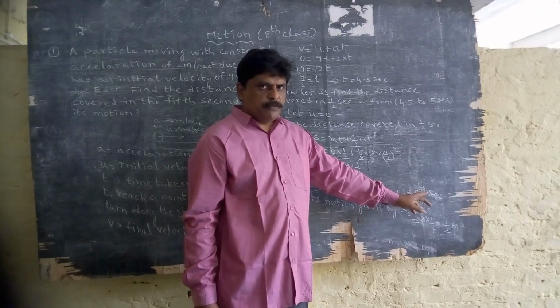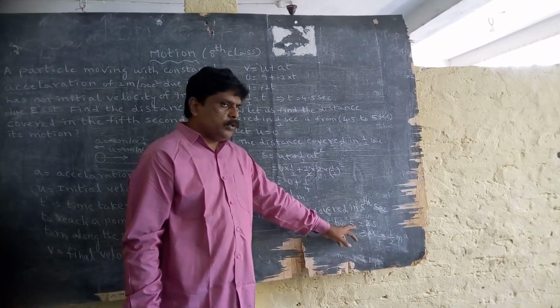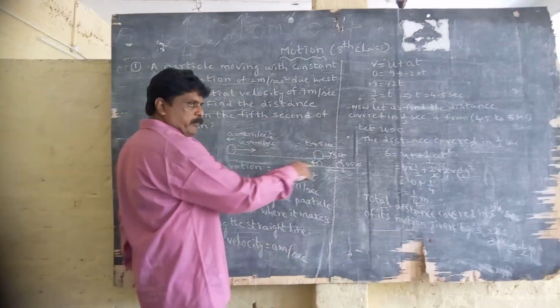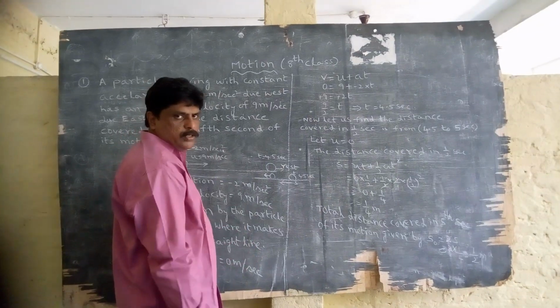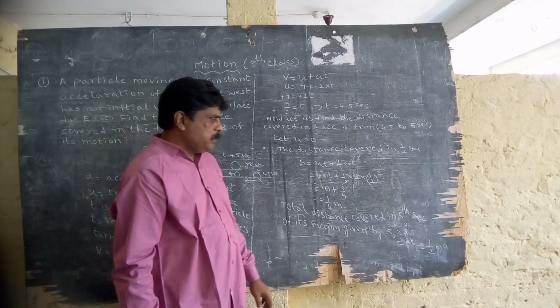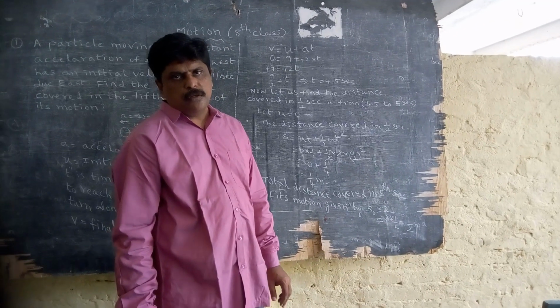The total distance covered in the fifth second is given by s equal to 2s, meaning one s distance is traveled and the other s distance is traveled, so the total distance traveled is 2s. So the distance in the fifth second is equal to 2 into 1 by 4, that is, cancelling 4 by 2 times, half a meter. So the distance traveled by the particle in the fifth second is half a meter.